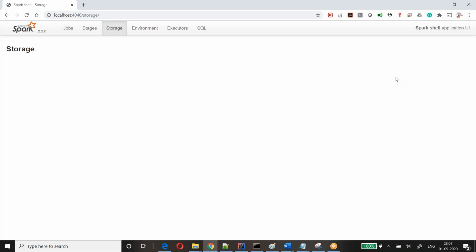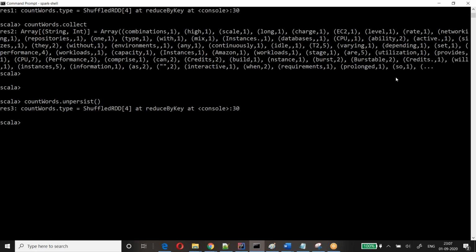Persist and unpersist. It should clear the screen. No, that's the expected behavior from cache and persist. I did with the cache. Okay. Let me do it with persist.